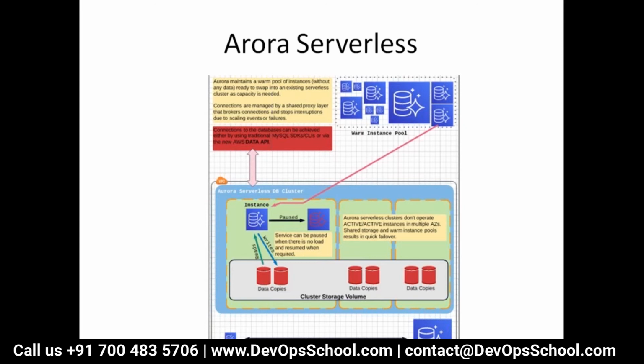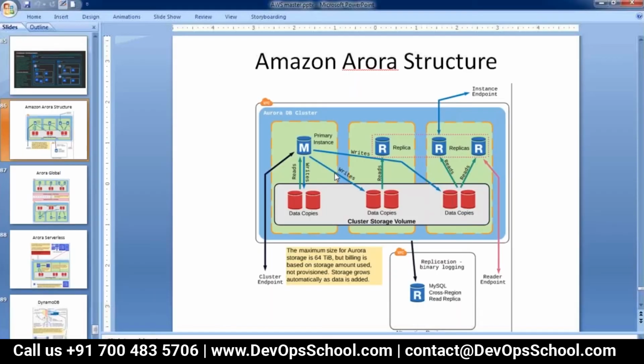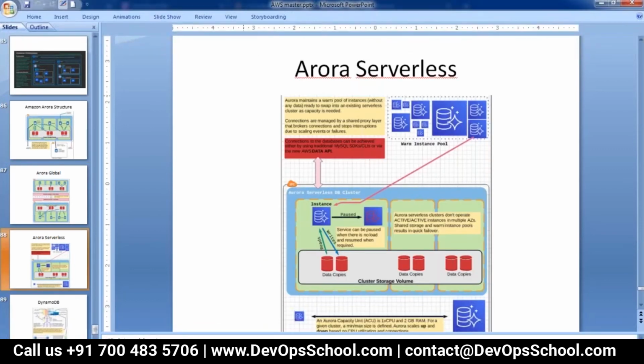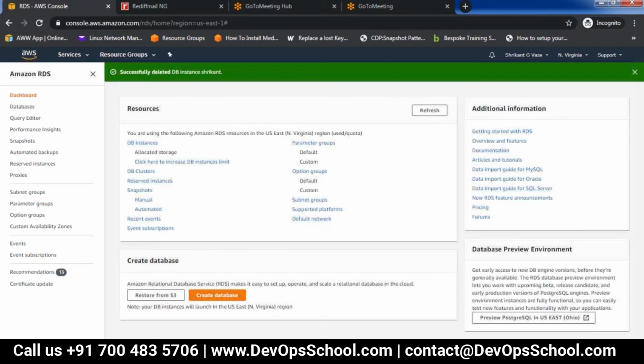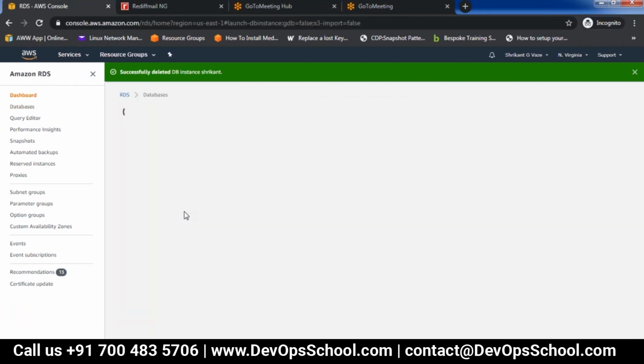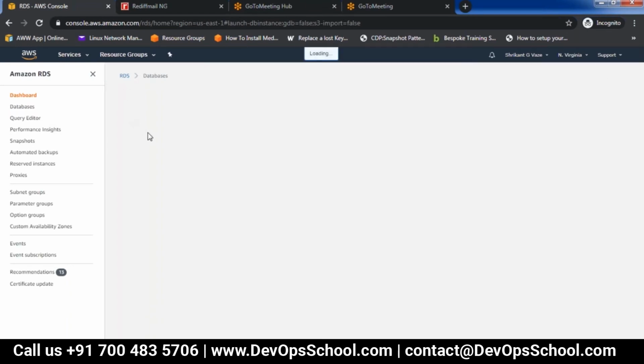These are a few types and different facilities available in Aurora. Conceptually you should know how Aurora functions and what the difference is between normal RDS and Aurora. We will not be creating a cluster, but I will just show you how it looks.